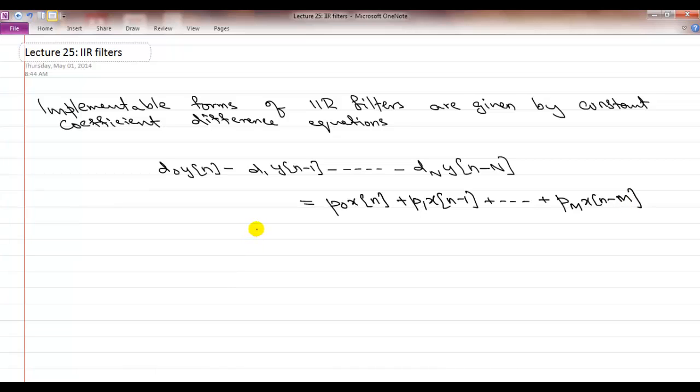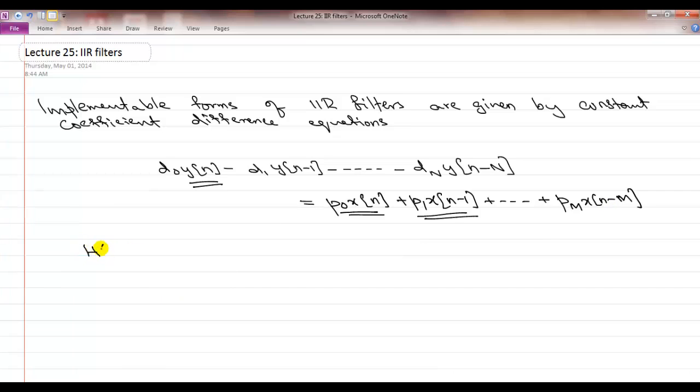And the reason this can be implemented is you are just saying that your current output at time n is equal to your current input multiplied by p0 plus the previous input multiplied by p1 and so forth. So if you have saved the previous M samples of your inputs and the previous capital N samples of your output, you can just do the simple addition and multiplication to generate your output. Okay, so these are the IIR filters that can be implemented,